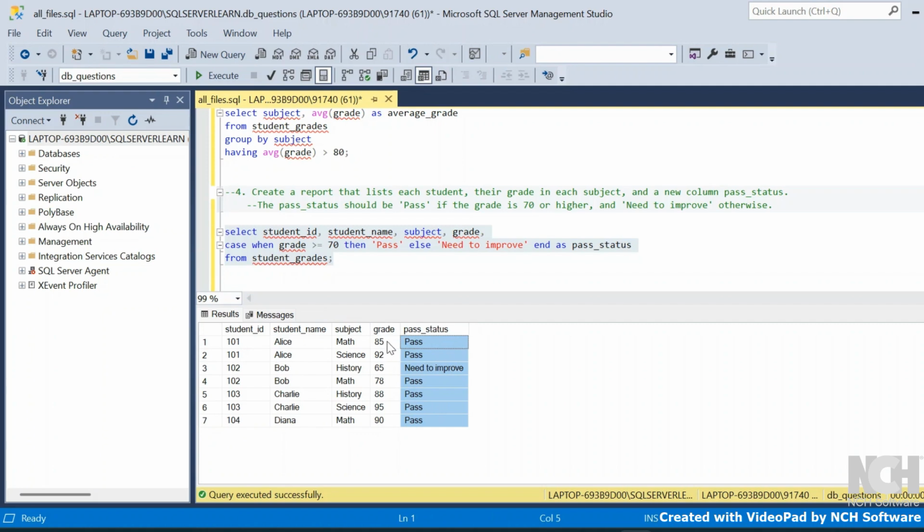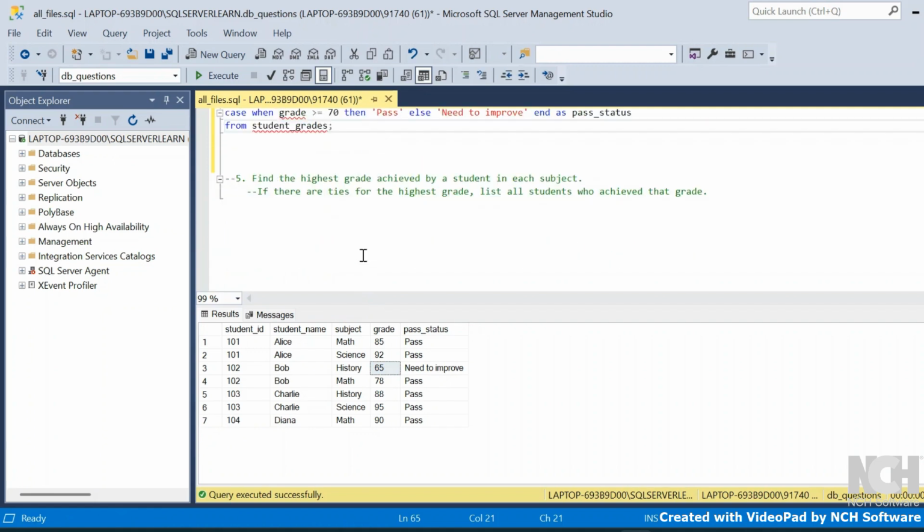So here, for all the values where grade is greater than or equal to 70, we can see it is pass. And in only one case where the grade is less than 70, the status has been marked as need to improve. So here we saw the concept of case statement in SQL. So this is the fourth question. Now moving on to the fifth question, we have to find the highest grade achieved by a student in each